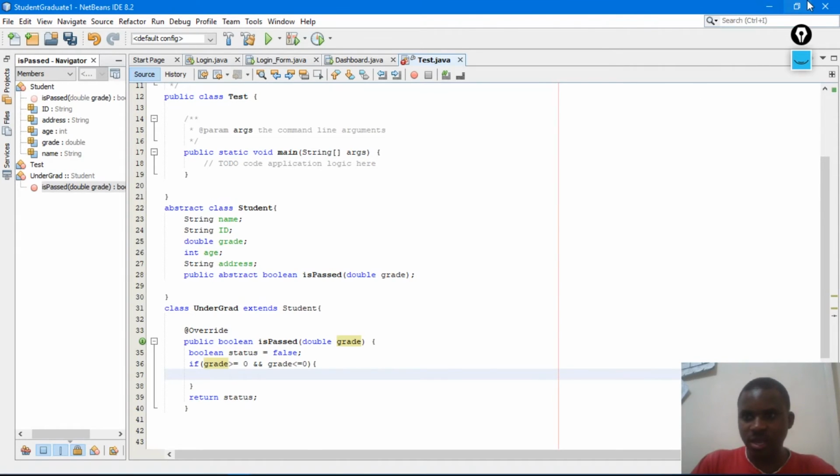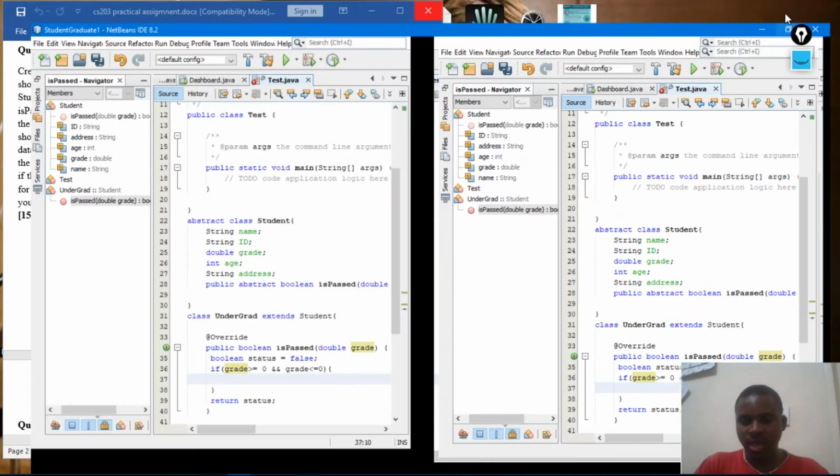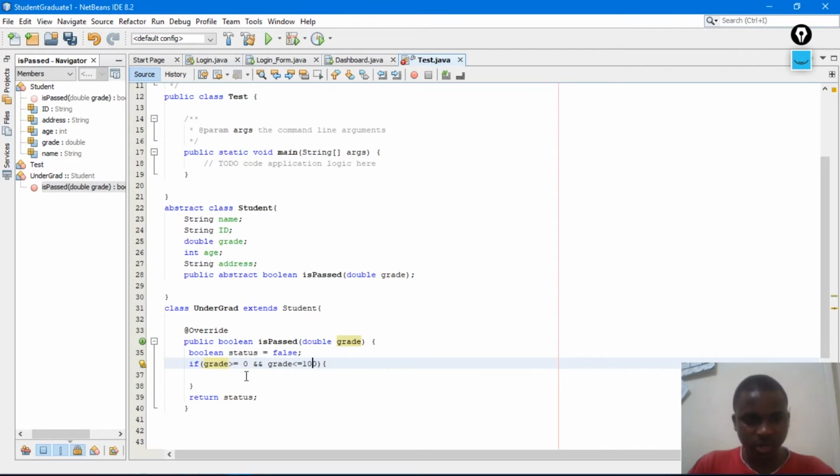This restriction I'm actually taking from here, because it says the purpose of the is passed method is to take one parameter grade value between 0 and 100 and check whether the grade has passed the requirement for passing a course. So here I'm saying if the grade is between 0 and 100, then you do something.